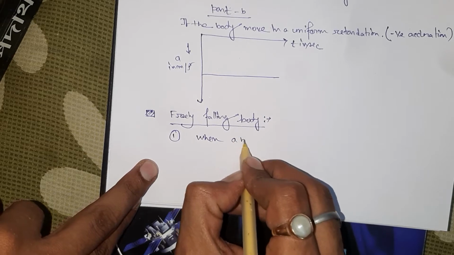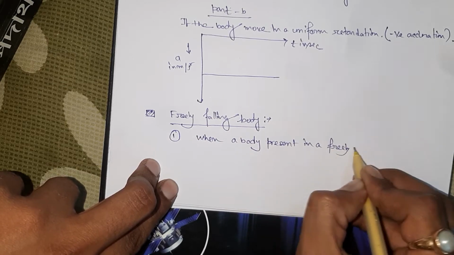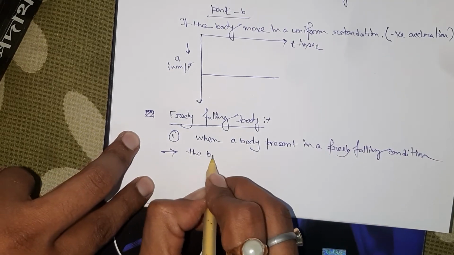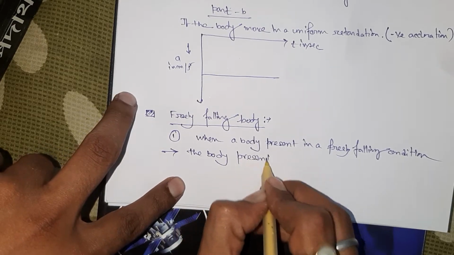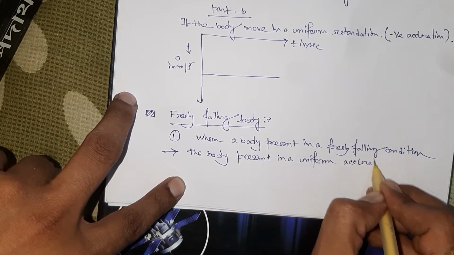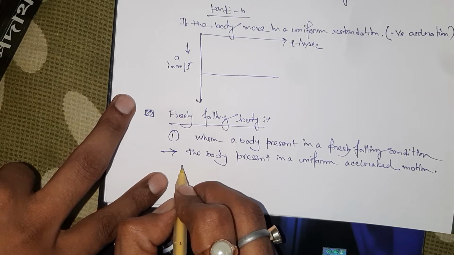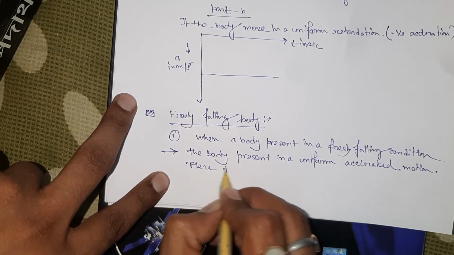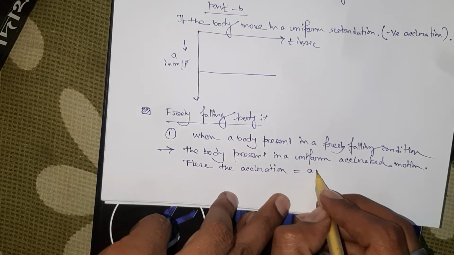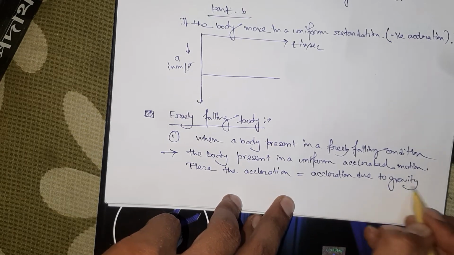When a body present in a freely falling condition, that means the body present in a uniform accelerated motion, and the acceleration is originated due to the gravity, and here the acceleration is equal to acceleration due to gravity. Okay,